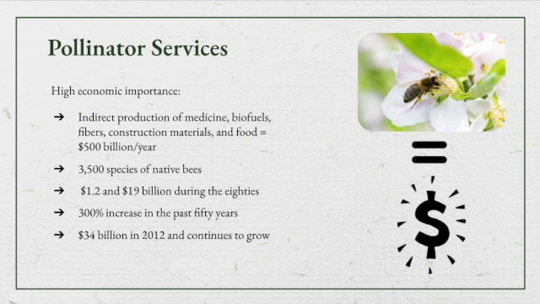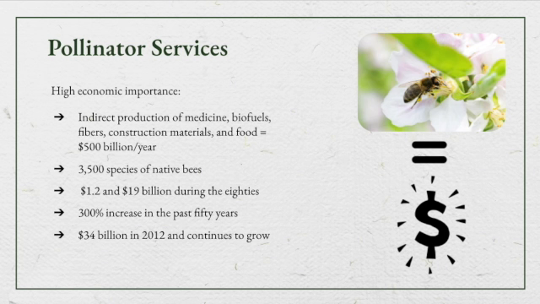As pollinators, they are responsible for the indirect production of medicine, like I mentioned, biofuels, fibers, construction material, and food, like I mentioned as well. And this overall brings the United States over $500 billion per year. Pollinators are extremely important for providing us with much of the food we eat. More than 3,500 species of native bees help increase crop yields that require almost 80% pollination by animals,